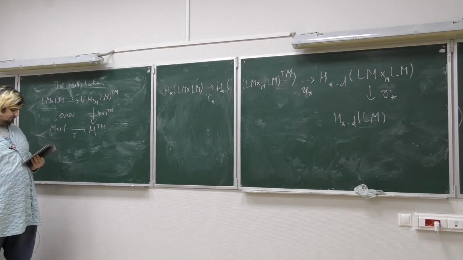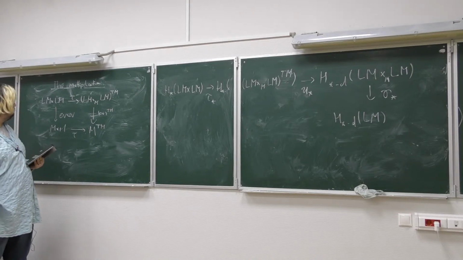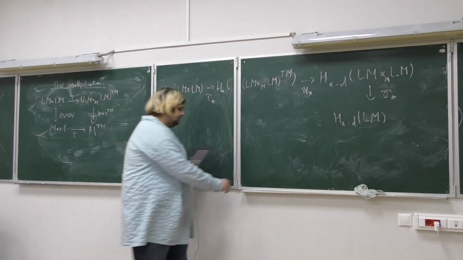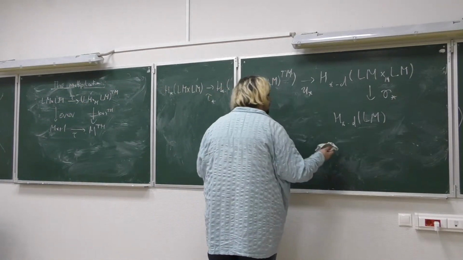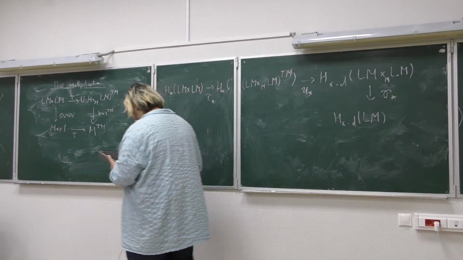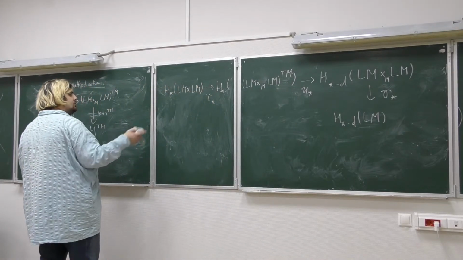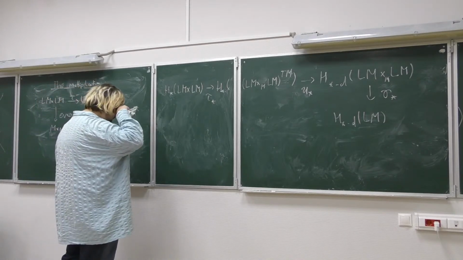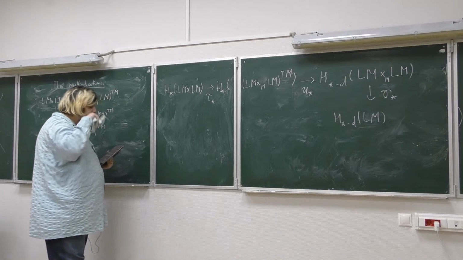If not, please ask. This Thom collapse, Thom isomorphism, loop multiplication. Okay. So that was an interpretation of this map in terms of intersections, and also I added this loop concatenation homomorphism,